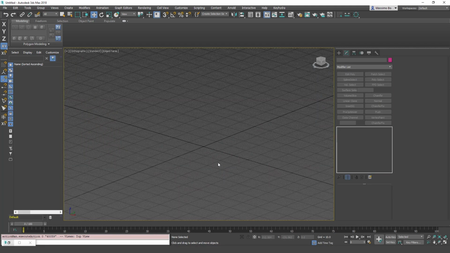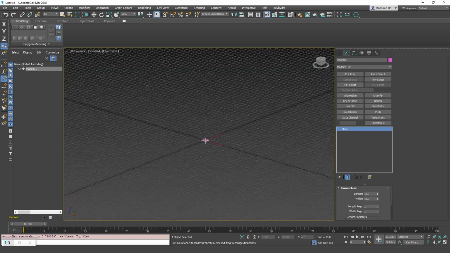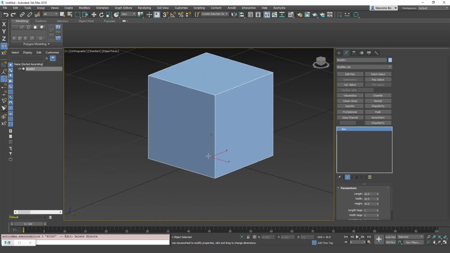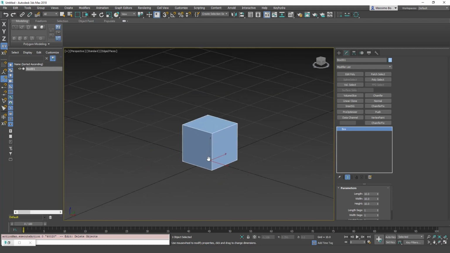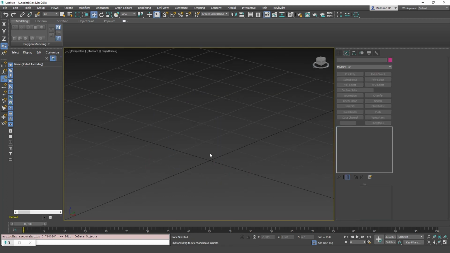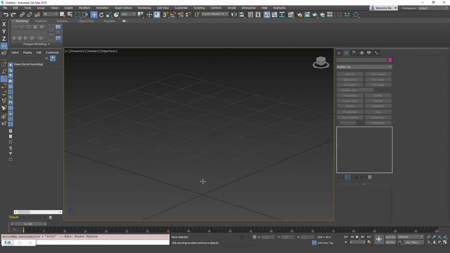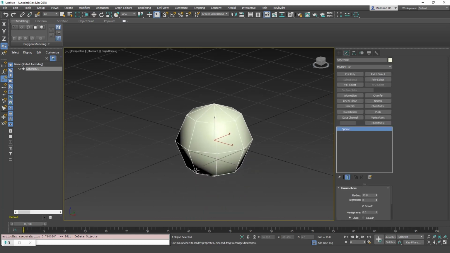And if I want to add a primitive now, you just shift single tap P for a plane, shift double tap P for a cube, shift triple tap P for a cylinder, and shift quadra tap P for a sphere.